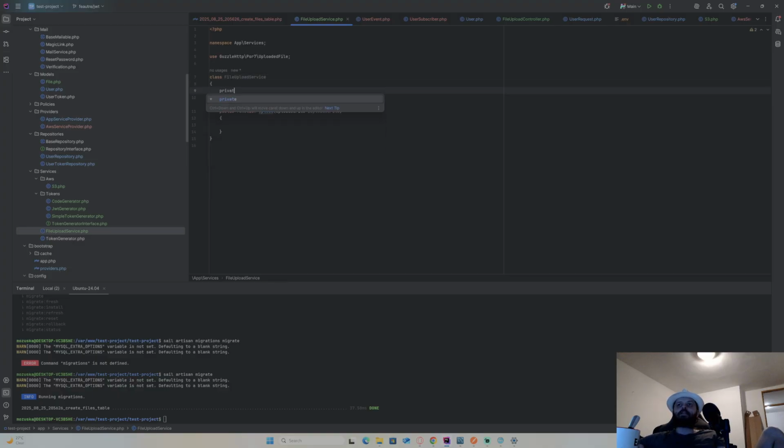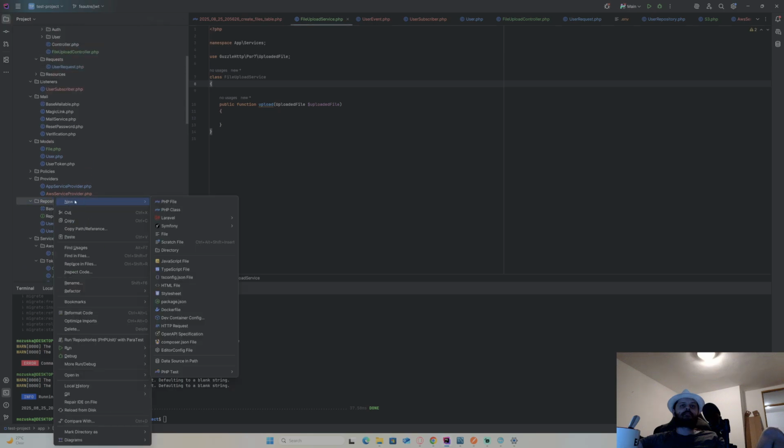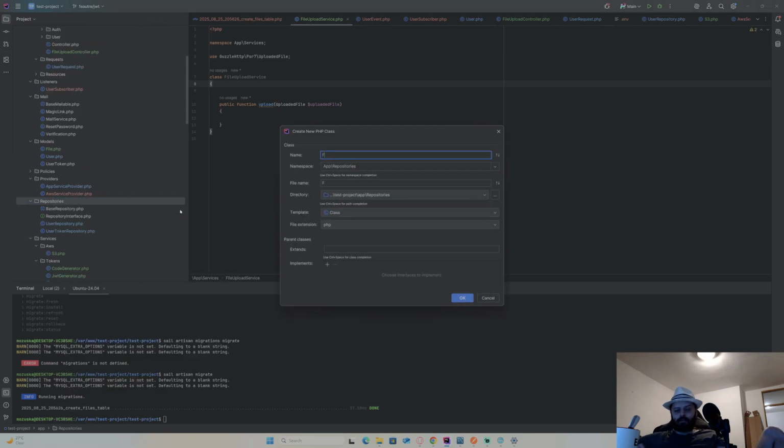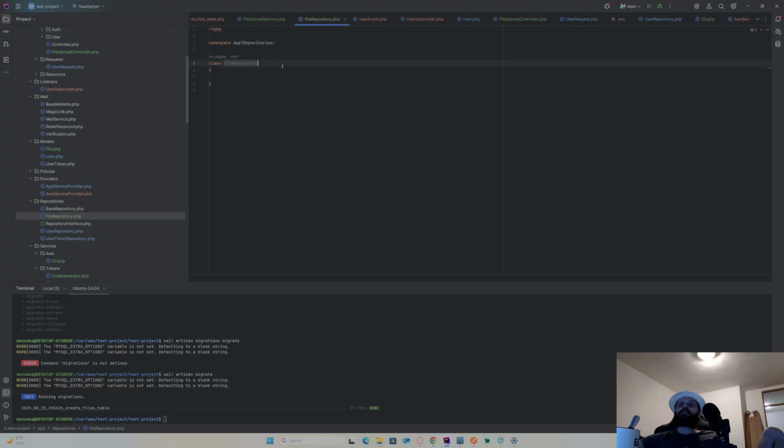No, wait, no. Did I create a file repository? I don't think I did, but I'll do it now. No, I didn't, so I'll just create that first. Alright. It will extend base repository.